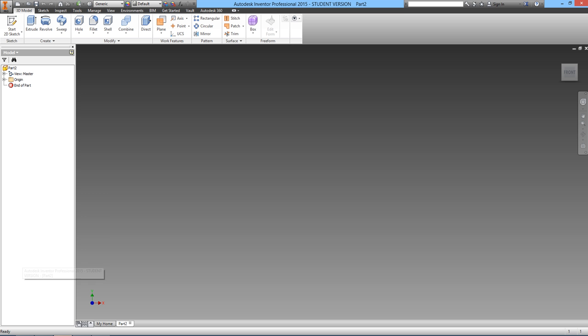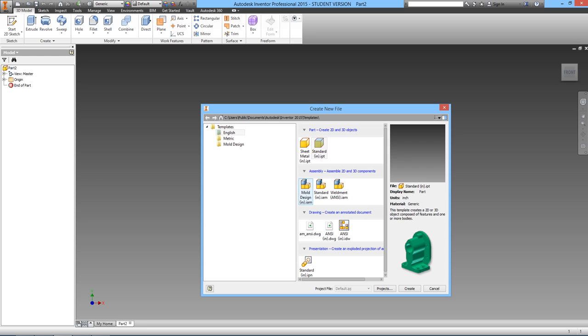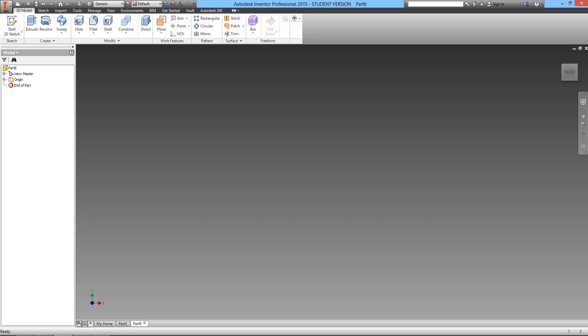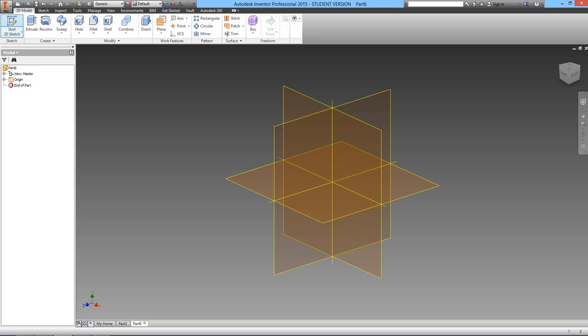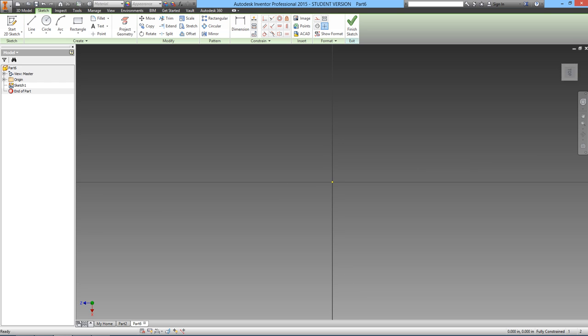So the first thing I want to do is go to Inventor, click New, Standard Inch IPT. I will then click Start 2D Sketch. Now notice when I'm clicking Start 2D Sketch that I'm not clicking this. This is a drop down that gives me several options. This is the actual button for starting the sketch. So now I'll click on the top view, rotate top so that it's red right up here, and now I'll